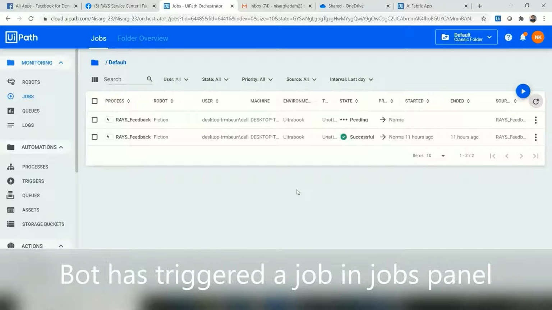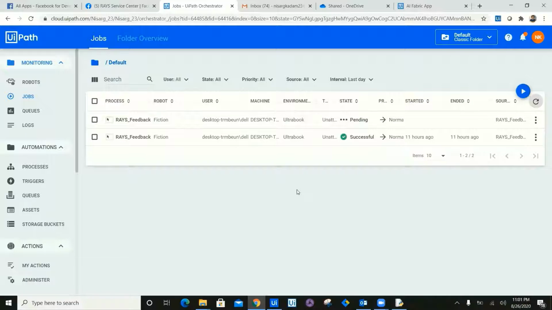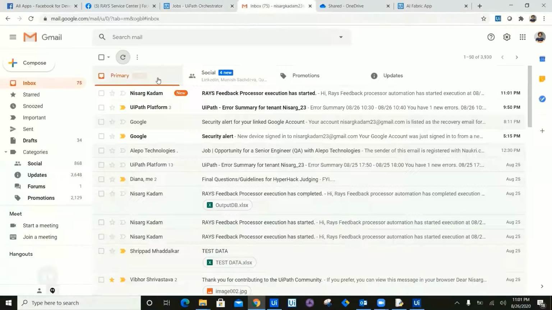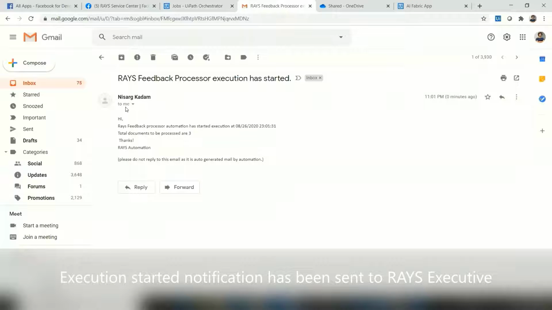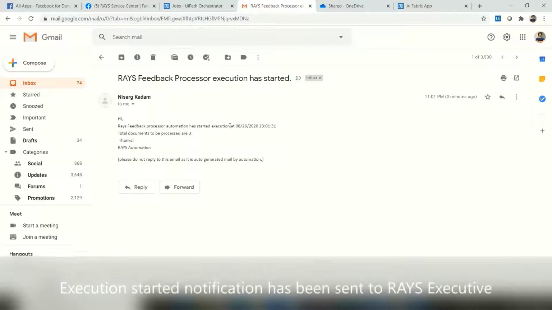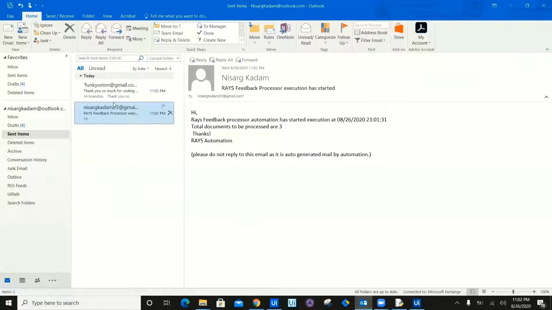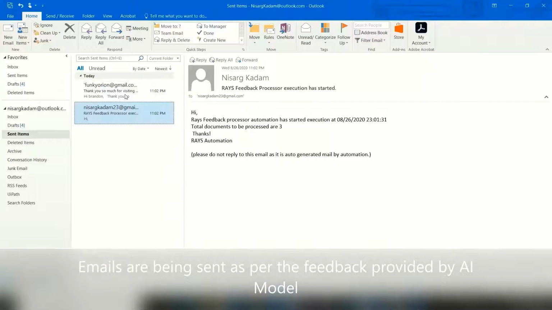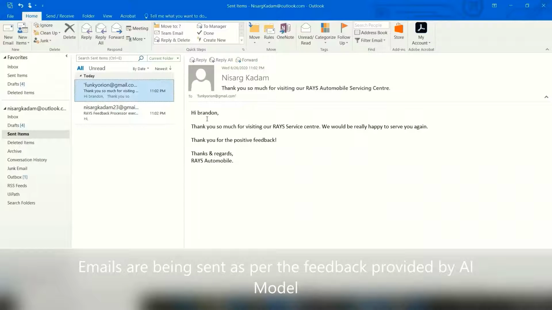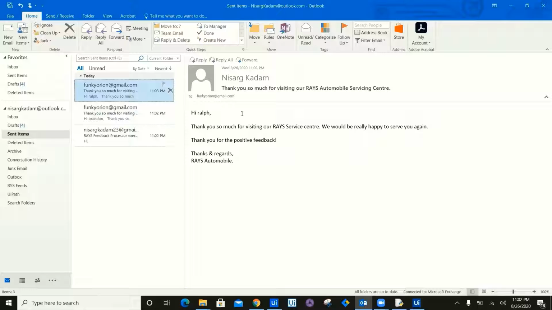Once we refresh, the bot has started the execution, as you can see on the jobs panel. Once the bot has started execution, it is going to trigger an email to the executive in the service center that the process feedback processor execution has started, along with the timestamp and the number of documents. As you can see, this is the Outlook for the robot. Robot is sending a thank you so much email for those who have written the feedback which is categorized as positive